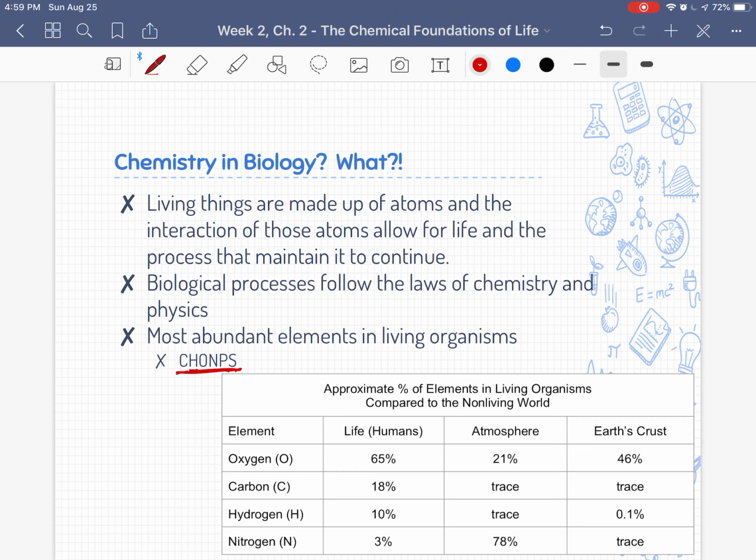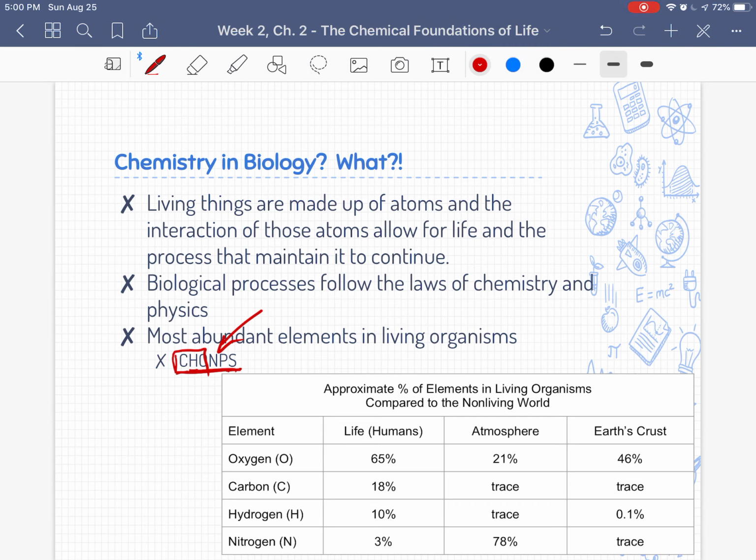So for instance, if you're talking about carbohydrates, carbohydrates are made up of the elements carbon, hydrogen, and oxygen. That's it. That's the only thing that makes up carbohydrates, those 3 elements. If you're talking about lipids and fats, they are made up of carbon, hydrogen, and oxygen. If we want to start talking about proteins, we're going to add nitrogen into the mix. So elements are extremely important in understanding the building blocks that allow for life to occur.